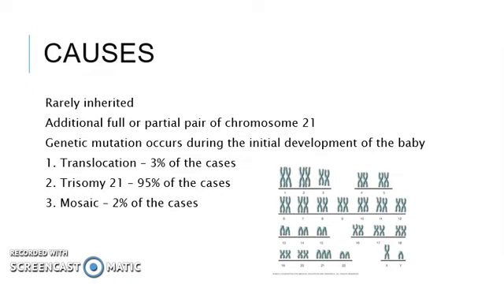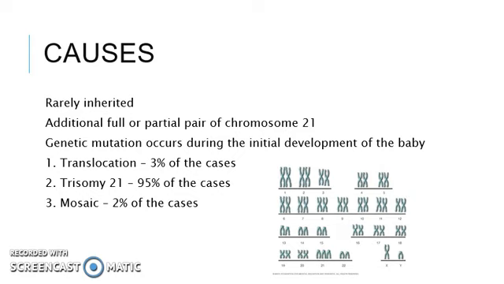The first one is translocation Down syndrome, which is the cause of approximately 3% of Down syndrome cases. According to the Mayo Clinic, this form of Down syndrome is caused when only a part of chromosome 21 is translocated to other chromosomes before or during conception. In this case, people have two pairs of chromosomes 21, but have extra genetic material attached to other chromosomes, which